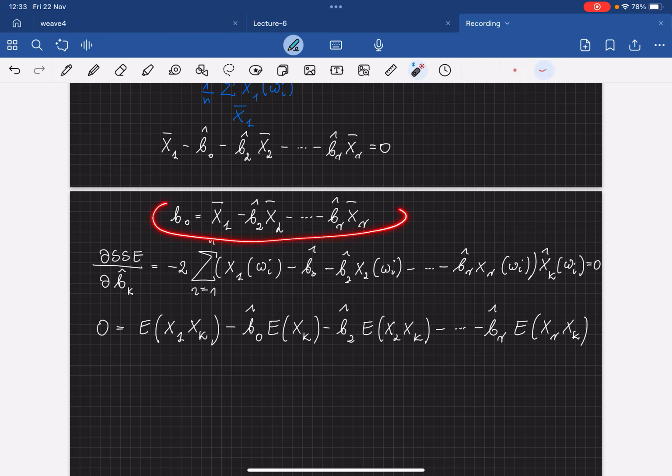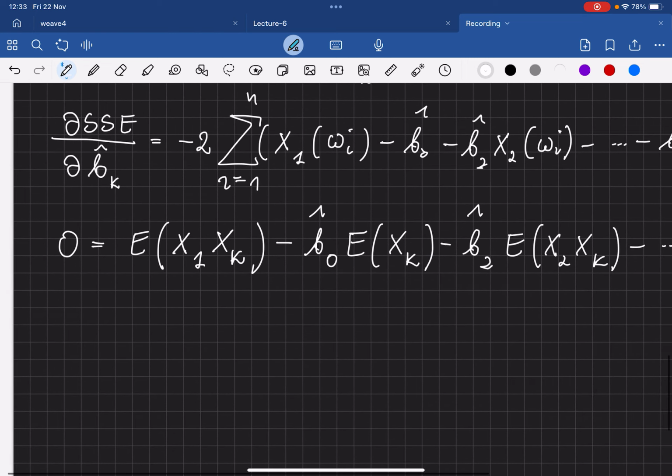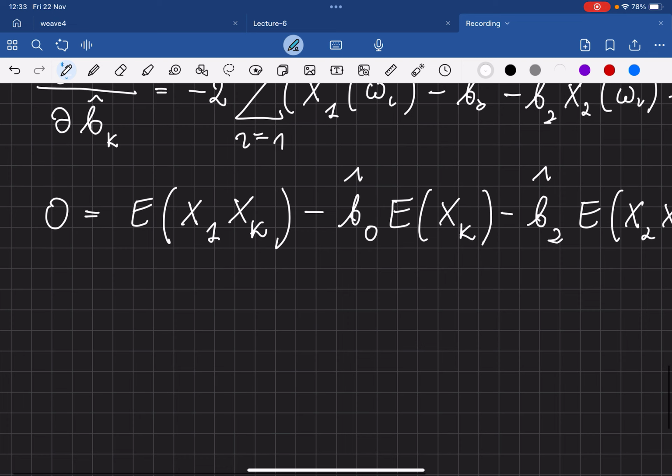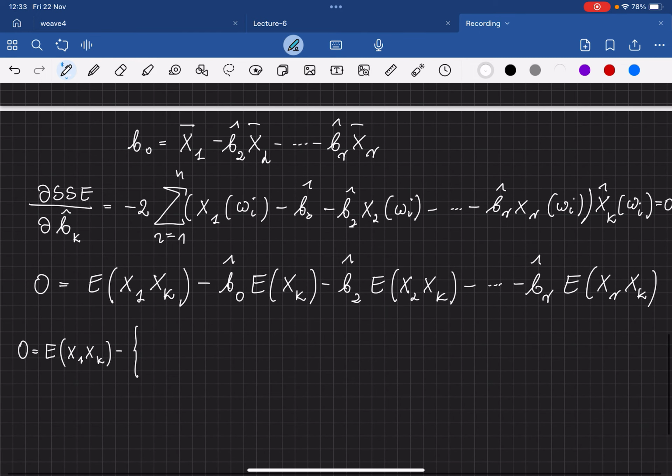Now I will use the formula for b0 and put it here. So let me make it bigger, and then I have 0 equals expectation value of x1 xk minus, and now the formula for b0,